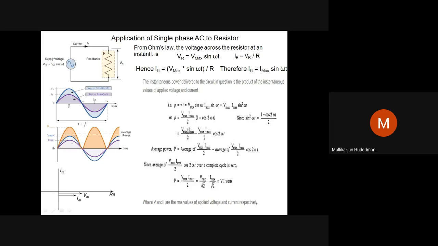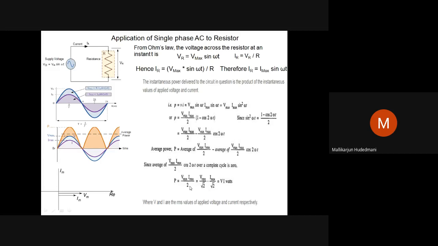The first term is integrable, so I can integrate this. The second term, when I integrate it, the cosine becomes a sine. Sine with 0 and 2 pi goes to 0. What remains is the numerical solution of only the first half. That's the reason, since the average of the second term goes to 0, the power computation stands as only this much. That is called P equal to Vmax Imax by 2.